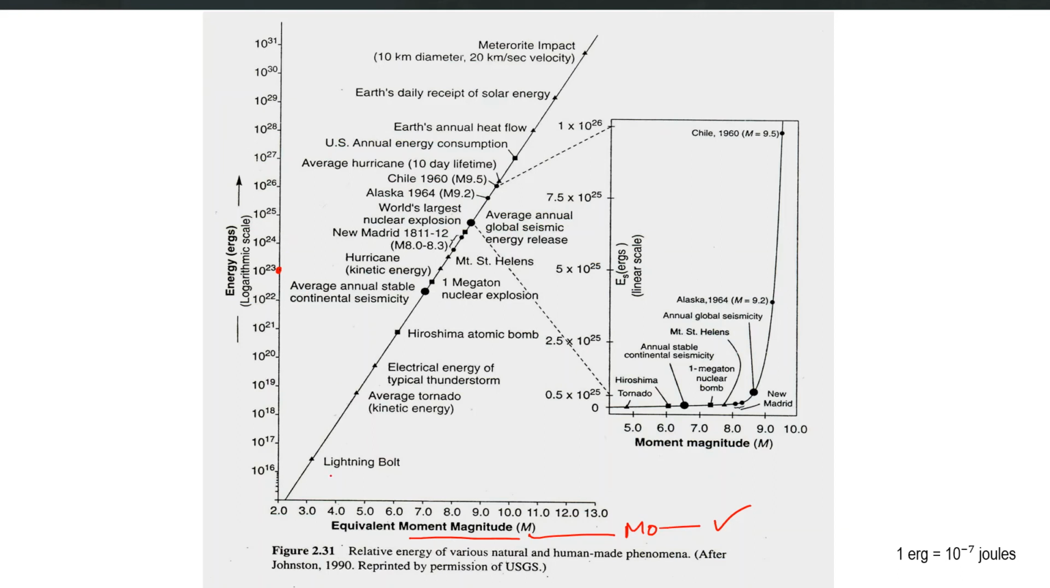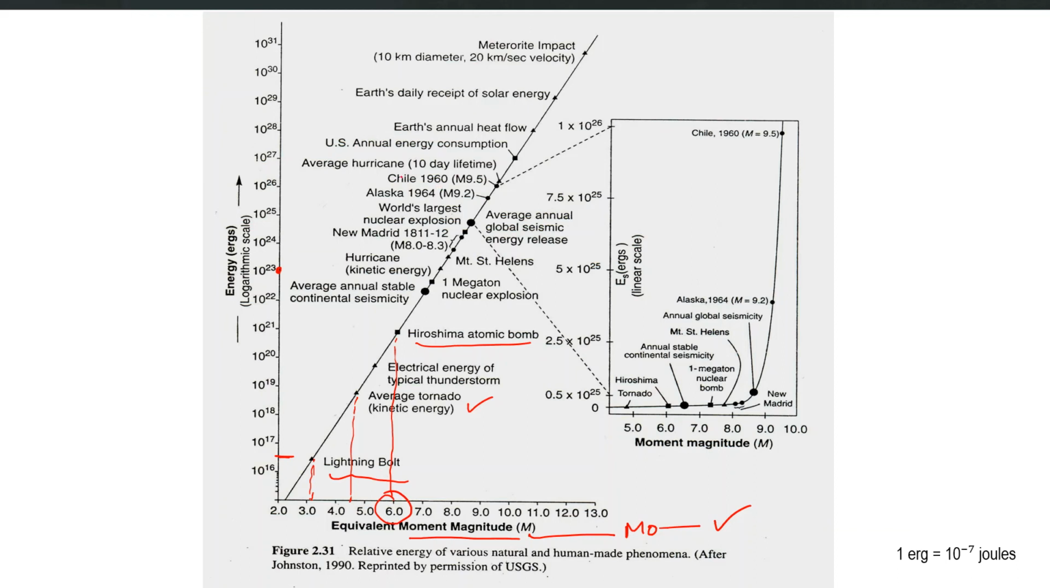So a lightning bolt will have this much energy, and it will be equivalent to a magnitude of maybe 3.2 or 3.3 moment magnitude earthquake. Similarly, an average tornado will be equivalent to somewhere around a 4.5 magnitude earthquake. The energy of the Hiroshima atomic bomb was equivalent to the energy released during a magnitude 6 earthquake. Similarly, you can keep on going and see all of these examples to give you an idea about the amount